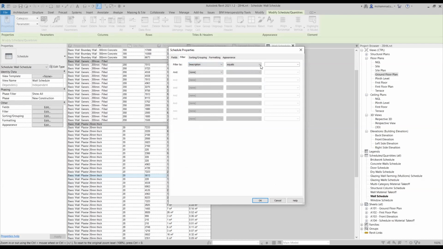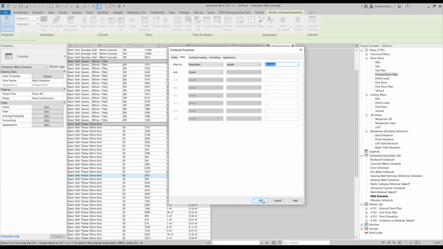I'm going by description, and we have certain options here, like if it is equal to or not equal to some value, we can also go by some specific keyword. So we have different options here. I'm going by equal, and I have a few descriptions of walls available here. I just want to keep all those walls which are under the drywall description. I do not want to include concrete wall or brick wall or any other type of wall in this case. I want to include only drywalls in this schedule. I'm going by filtering out only drywalls.